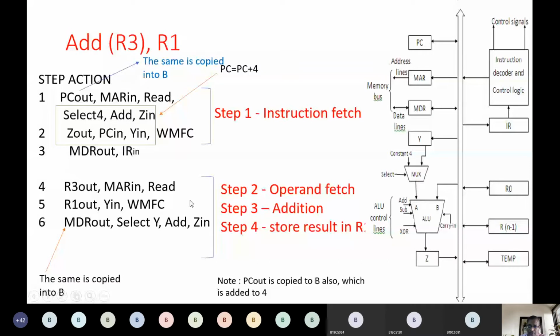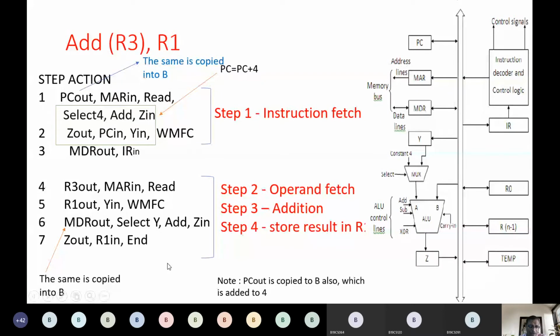So we have the end result in Z in. And next we do Z out. The result comes out on this bus, and when we say R1 in, it flows to the R1 register here.